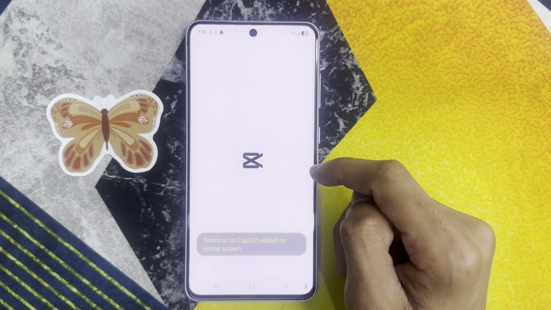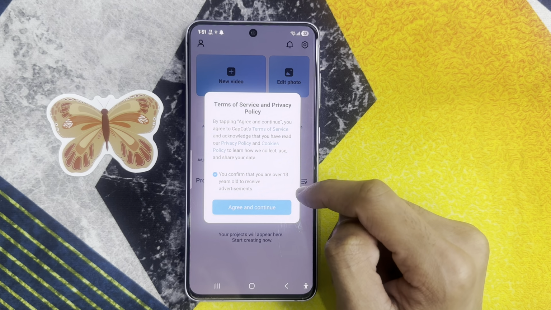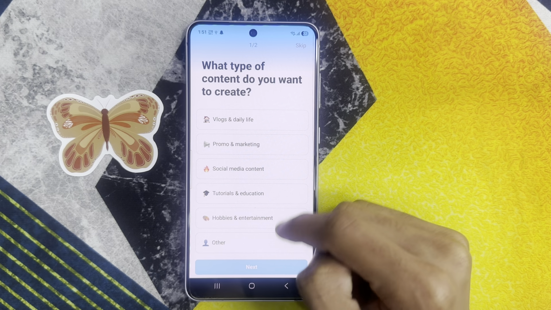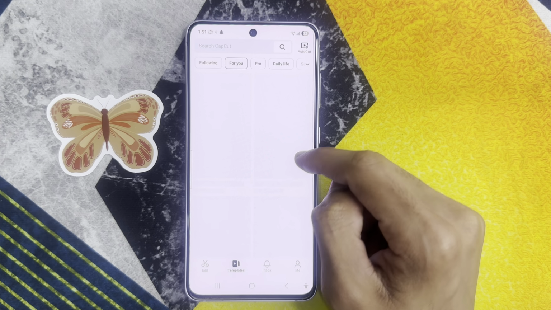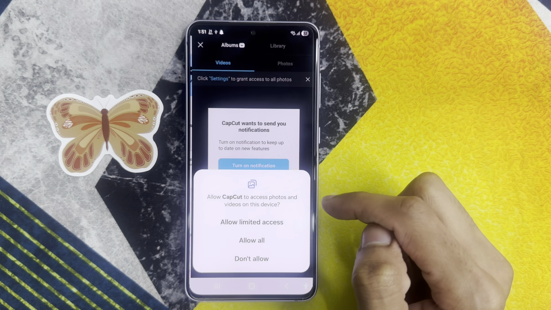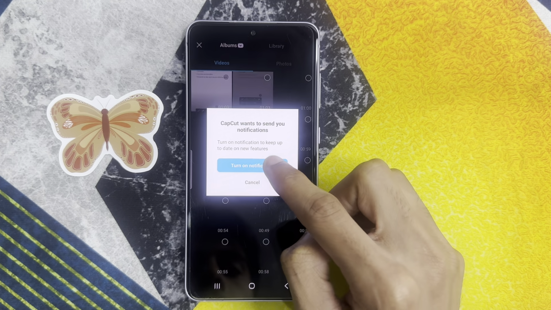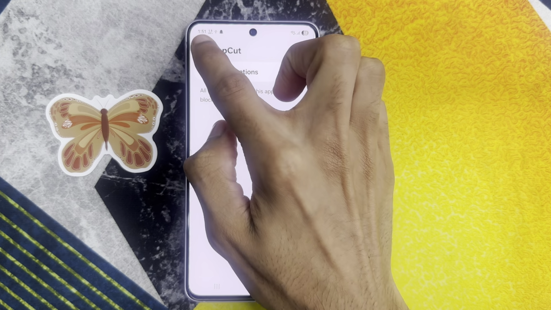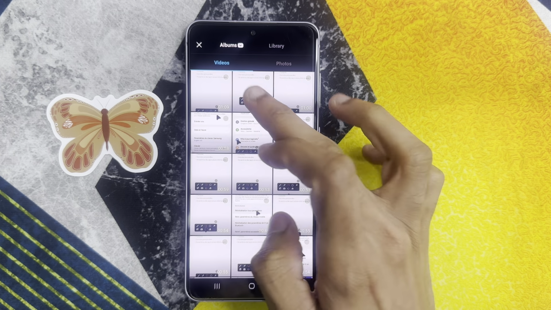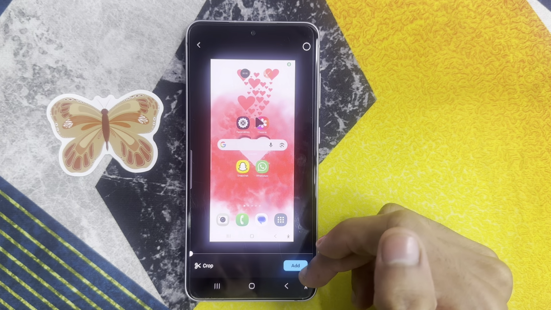Click on open. If you want to edit videos, click on continue and agree and click on edit. Click on new video and select video from here. After select video,